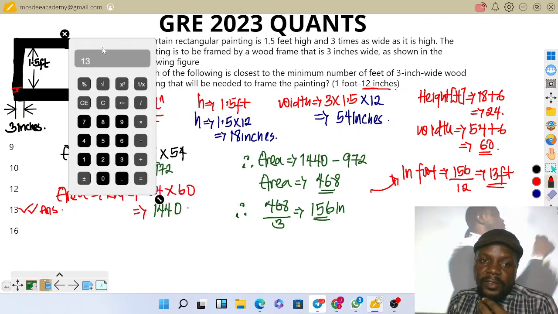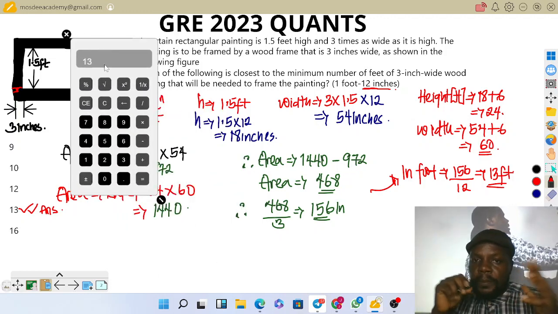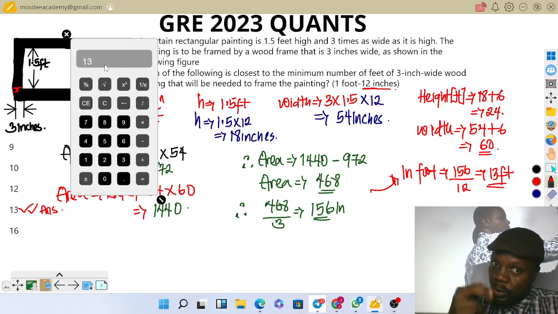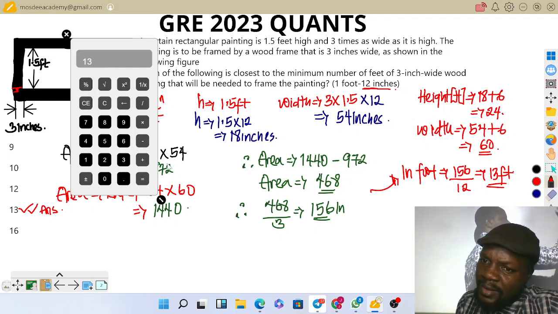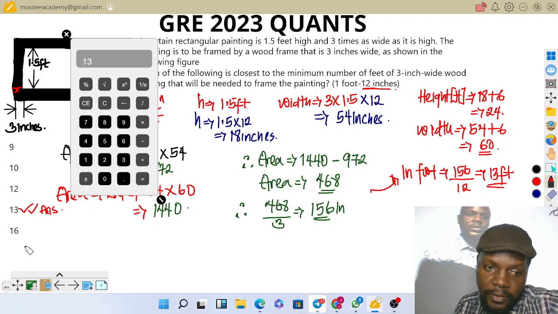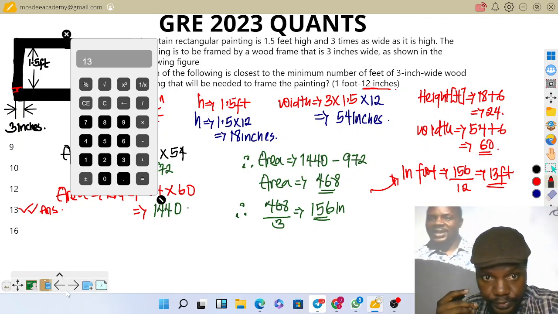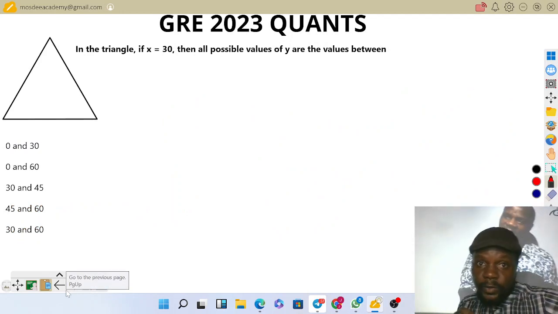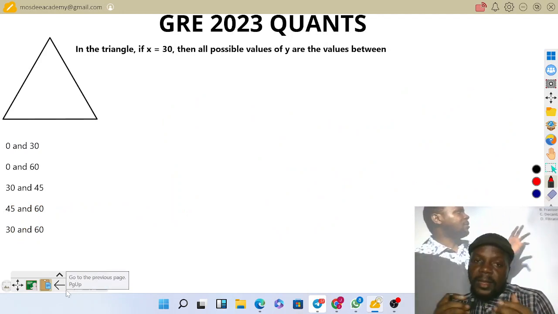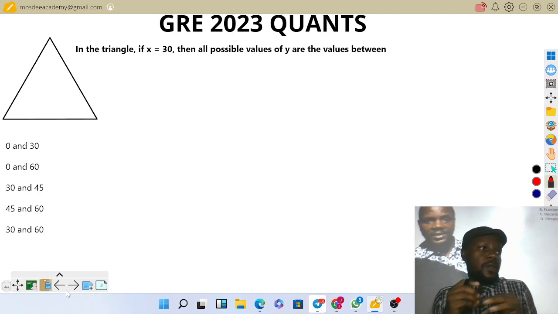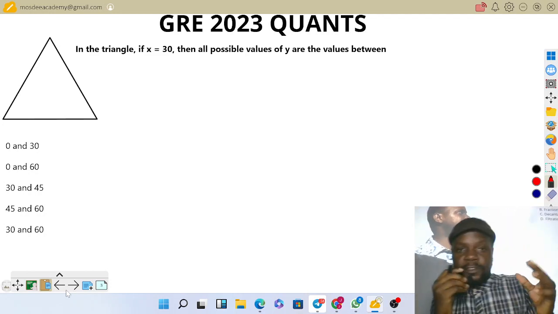So the question is not difficult. It all depends on your understanding or interpretation, and that's what I say GRE is all about. The last one I'm doing for today is the third one. This one is also common most recently, whereby GRE is going to be testing your level of understanding in the aspect of